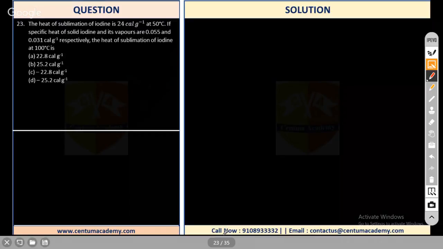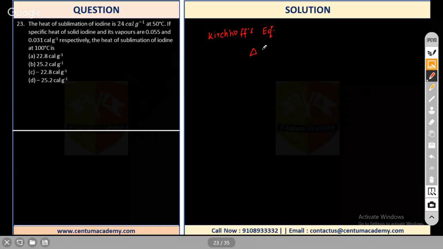Okay. You see, this one, you must have used this equation in physics, that is Kirchhoff equation. Usually it is not there in chemistry. They don't ask questions based on this in chemistry. The equation we call Kirchhoff's equation, and that is the change in